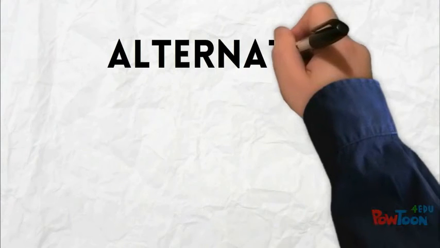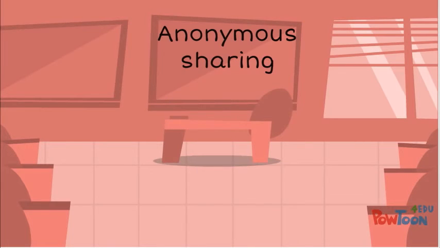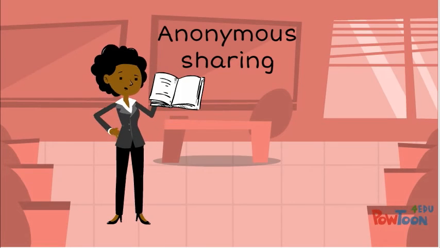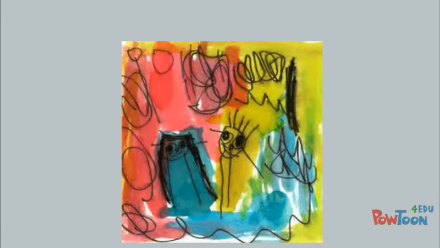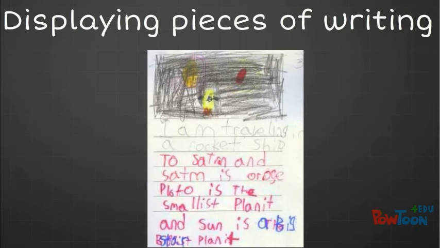However, there are several different ways that teachers can allow all students to experience the same benefits of the author's chair through adaptations. Some alternative sharing opportunities include anonymous sharing, where a teacher can offer to share a student's piece of work with the class anonymously; digital sharing, where students record their stories digitally to share with the class; sharing a drawing, where students share a drawing if they are not yet comfortable sharing their writing; displaying pieces of writing, where the student's work is posted for the class to read without the student presenting it vocally;